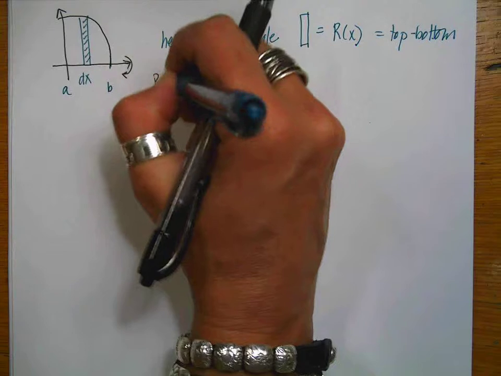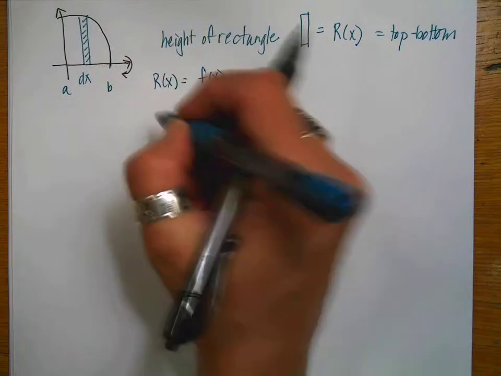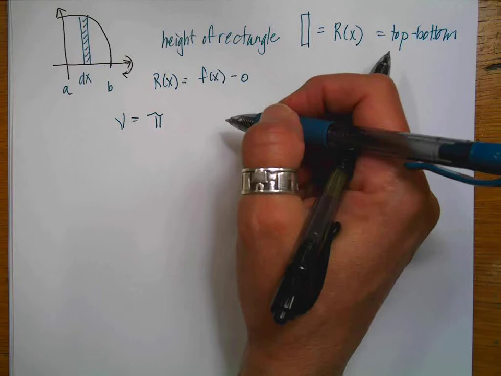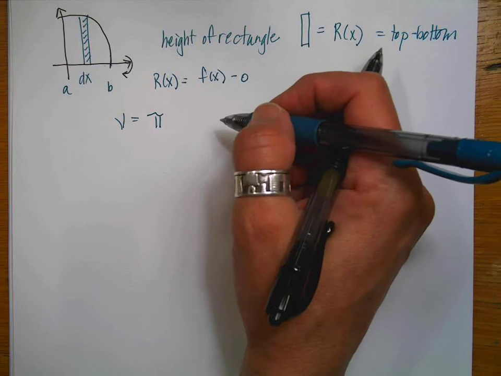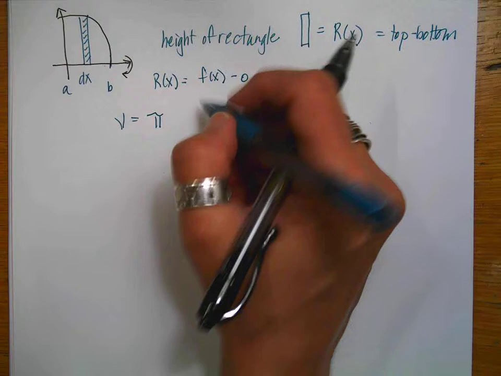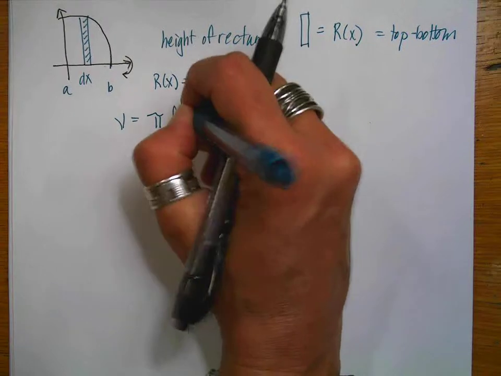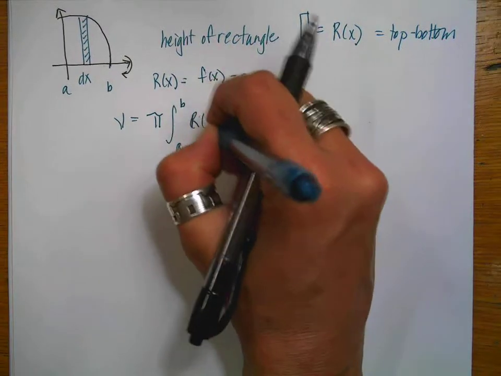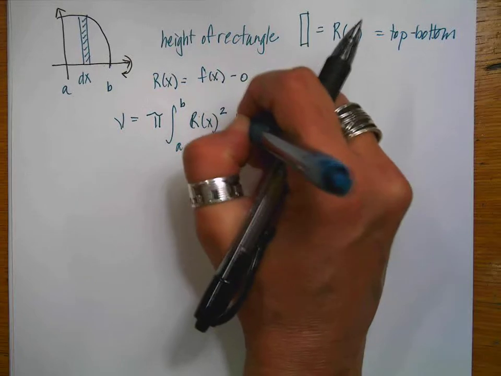That would be my R of x in this situation. The equation is going to be pi, because we're rotating about an axis and so we're creating a solid of revolution, and I'm going to integrate from A to B because I have a dx, and it's going to be R of x quantity squared